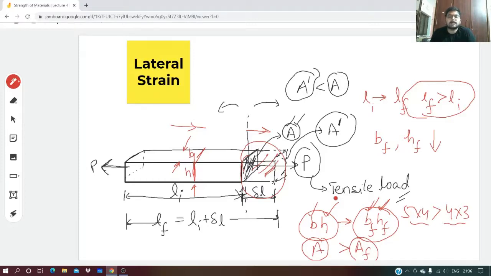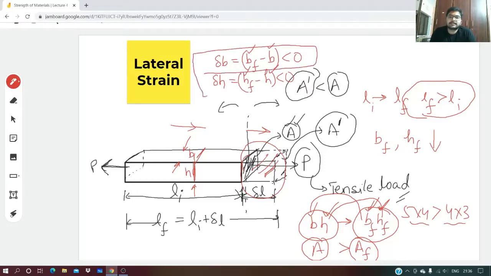in which case the length is being stretched, right? So basically what is happening, what I just said, initial breadth is becoming BF, and initial height is becoming HF. There is some delta B change in breadth, which is BF minus original breadth, which is obviously less than 0. Also there is a change in height, which is the final height minus initial height, that is also less than 0. Why? This is smaller than this, this is smaller than this, right?